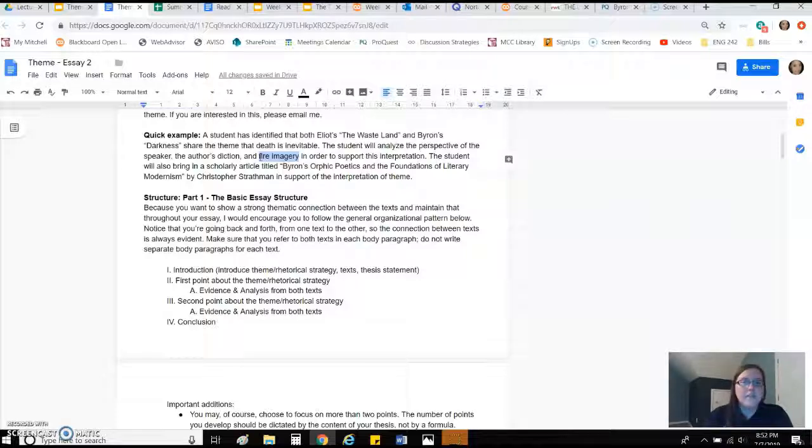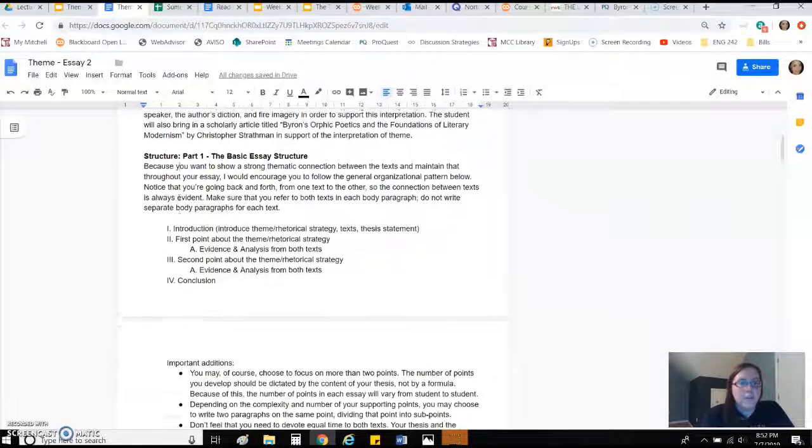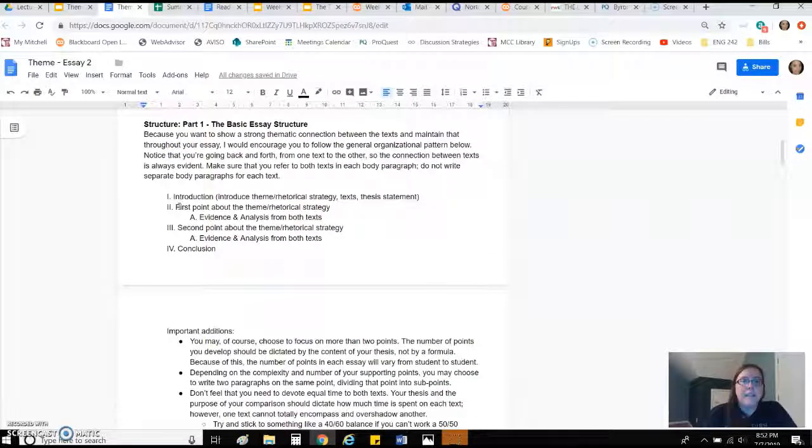The alternative to this, the one that I think is less effective and likely, not 100%, but likely cannot score in that A range, is analyzing The Wasteland and then analyzing Darkness, and in the conclusion trying to wrap it all up together. I think that that's just, it's okay, but it's less effective than weaving these things, like interlocking them together. So that's what this part 1 structure is kind of reminding you to do or suggesting is the